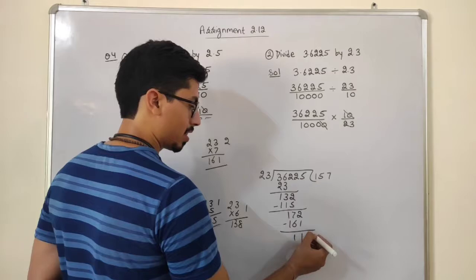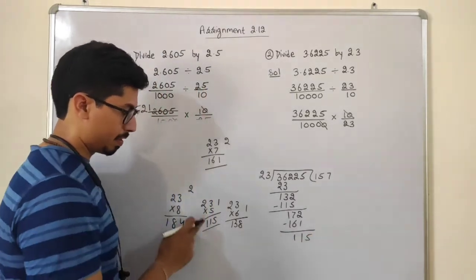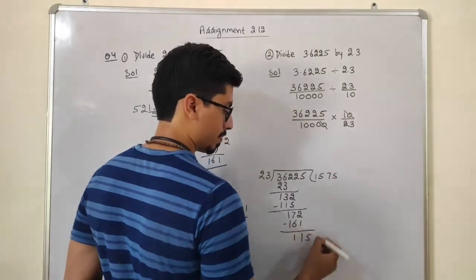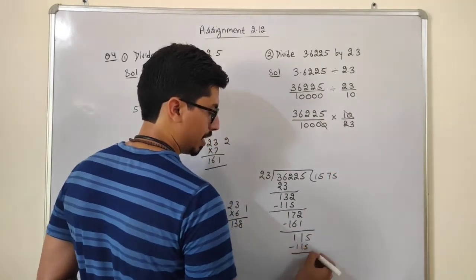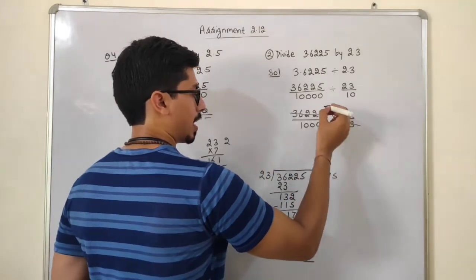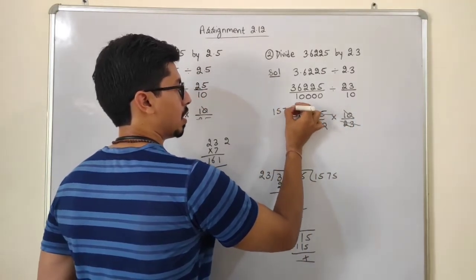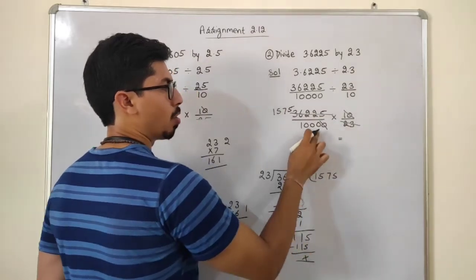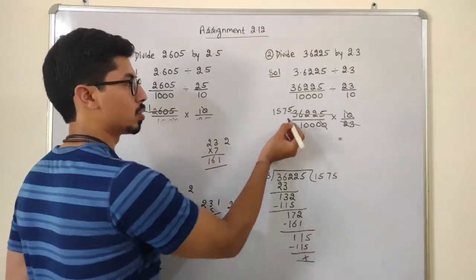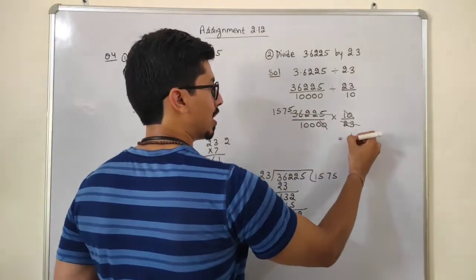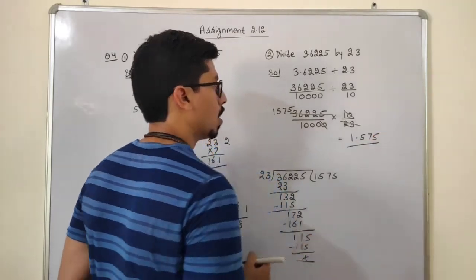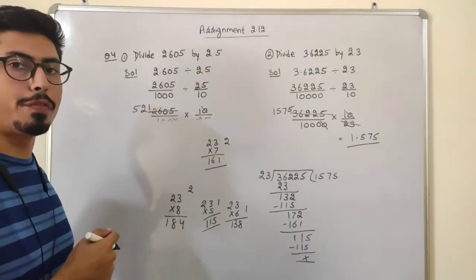Okay. Now take this 5. 115. See, if I just multiply this by 5, it will be 115, students. So it is completely divisible now. Okay. So if I divide this by this, I get 1575. Now students, in denominator we have 3 zeros. So put a decimal before 3 digits. So 1, 2 and 3 digits. So the answer is 1.575. Okay students. So this is our question number 4, students.